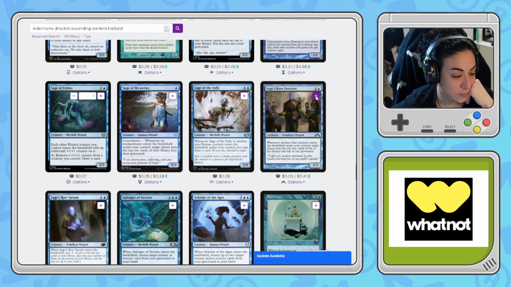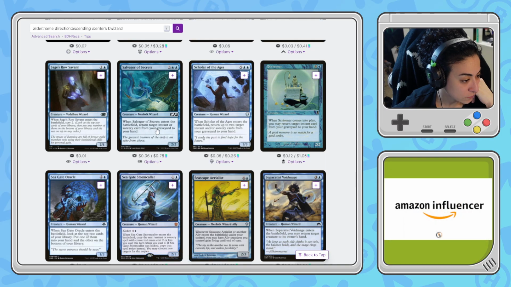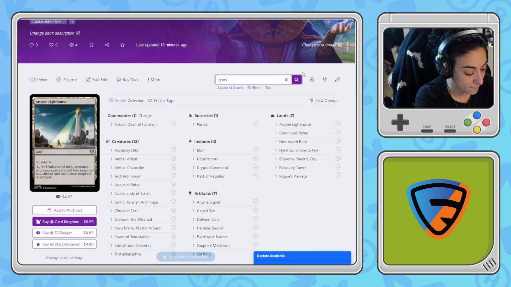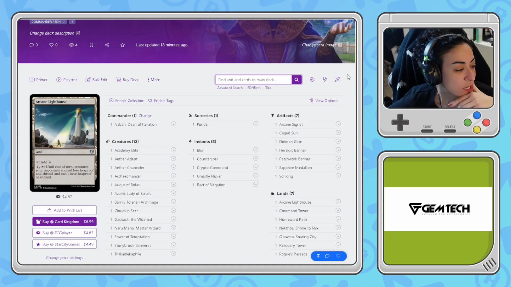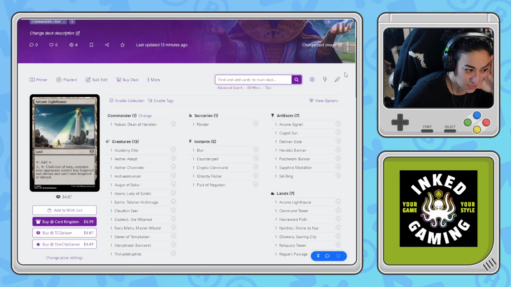This is kind of like a little mill action. This is a big kicker. Yes. Blur and Ghostly Flicker. That's fun. Yeah, I definitely need more instants and sorceries. Should I put that blue dragon that rolls the dice? I know it's not a wizard, but it's useful. Or should I put something, you know...